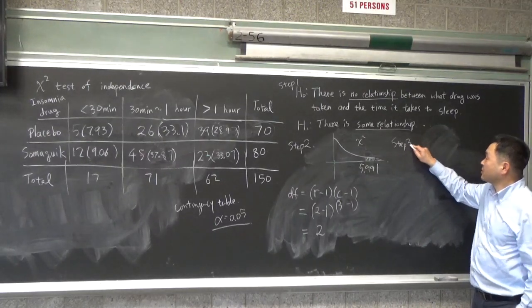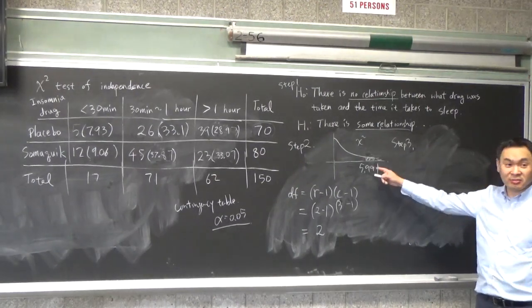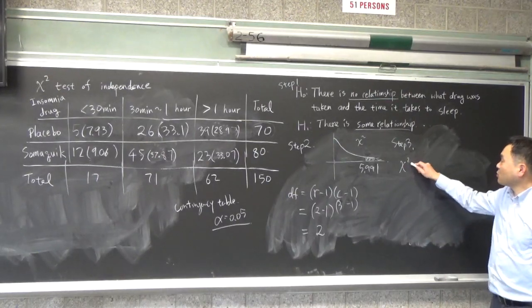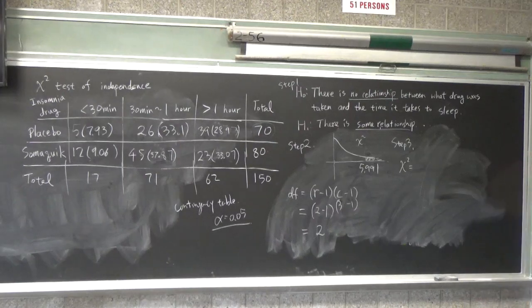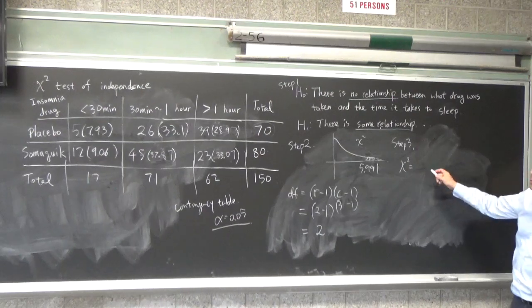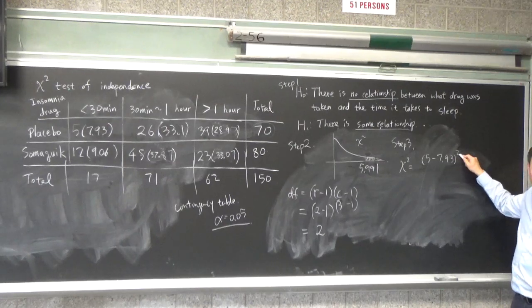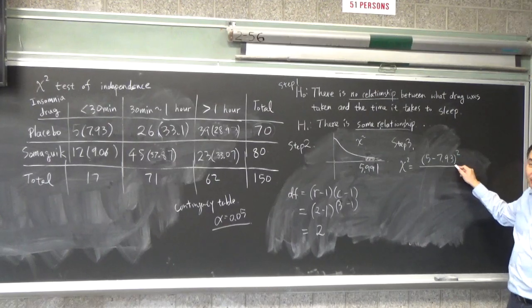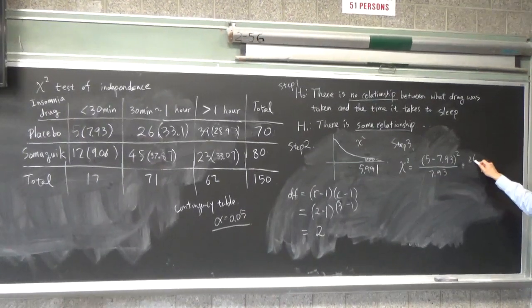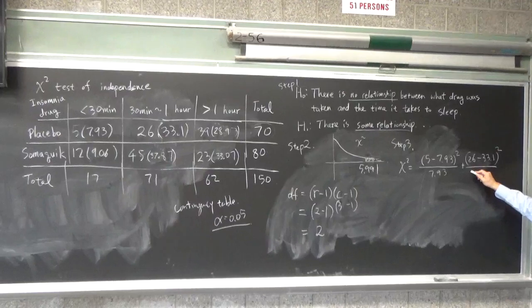What is step 3? You have to pick and compute the test statistic. You have to calculate the chi-squared. How do you get the test statistic? It's the same thing as we have done for the chi-squared test of goodness of fit: the sum of the (observed minus expected) squared over expected. So you do 5 minus 7.93 squared divided by 7.93, plus 26 minus 33.1 squared divided by 33.1,